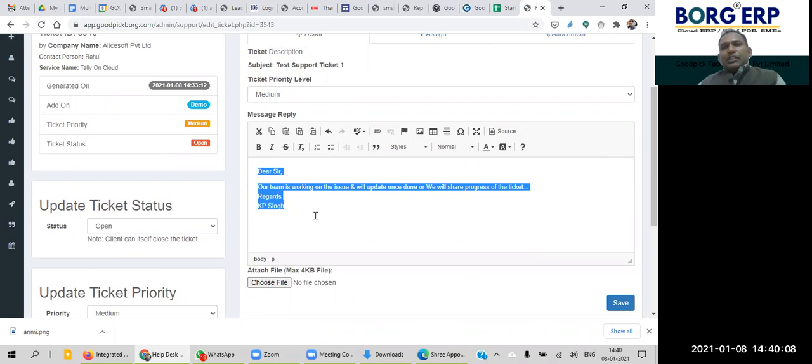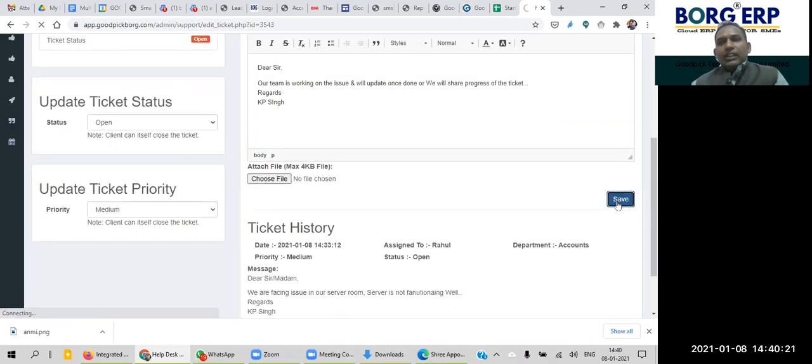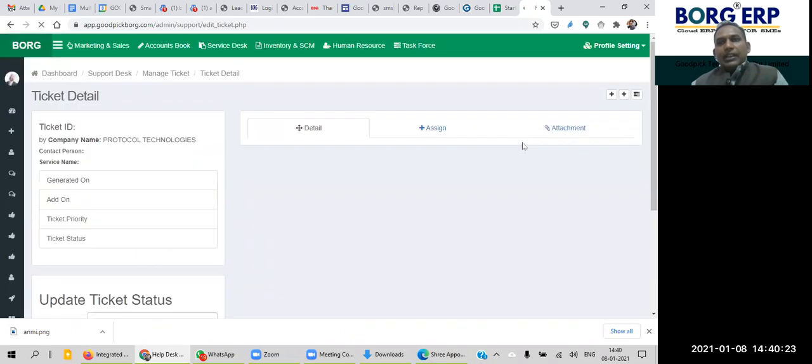So if the customer is not logging into the support desk, still he or she will be aware of the progress of the ticket, and will keep receiving updates. So one email will also go to that registered email ID.